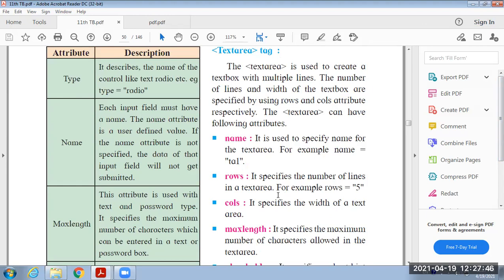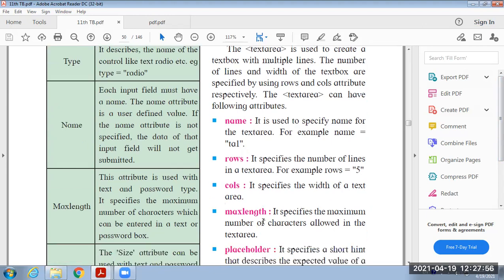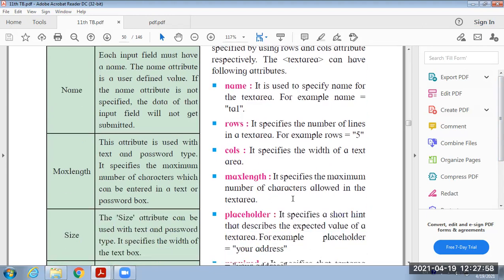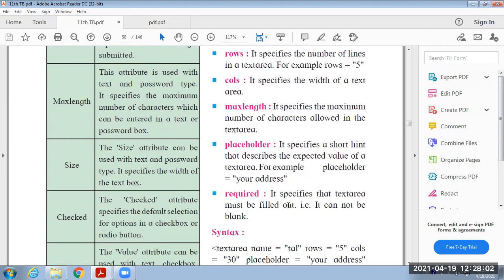Rows indicate how many rows will be displayed within that textarea. Cols indicate how many columns will be there within that textarea. Maxlength is the maximum number of characters within that textarea.